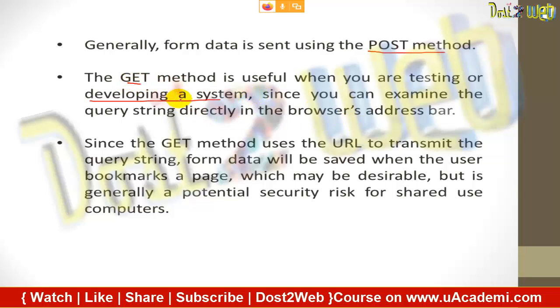That means you are going to examine and check whether the query you are submitting through the web browser, that means the address bar, is getting submitted correctly or not. You can see the data that is in the URL. That is the use of get. Since the get method uses the URL to transmit the query string, form data will be saved when the user bookmarks the page, which may be desirable, but is generally a potential security risk